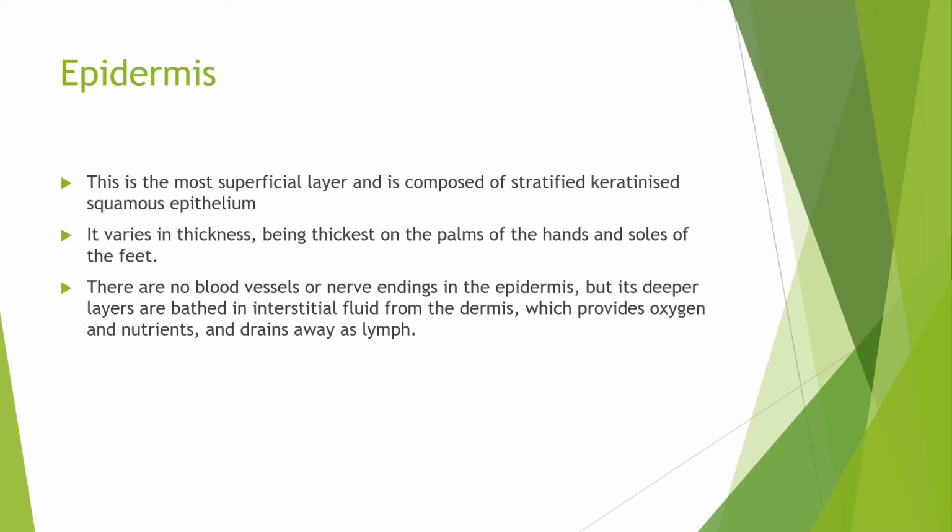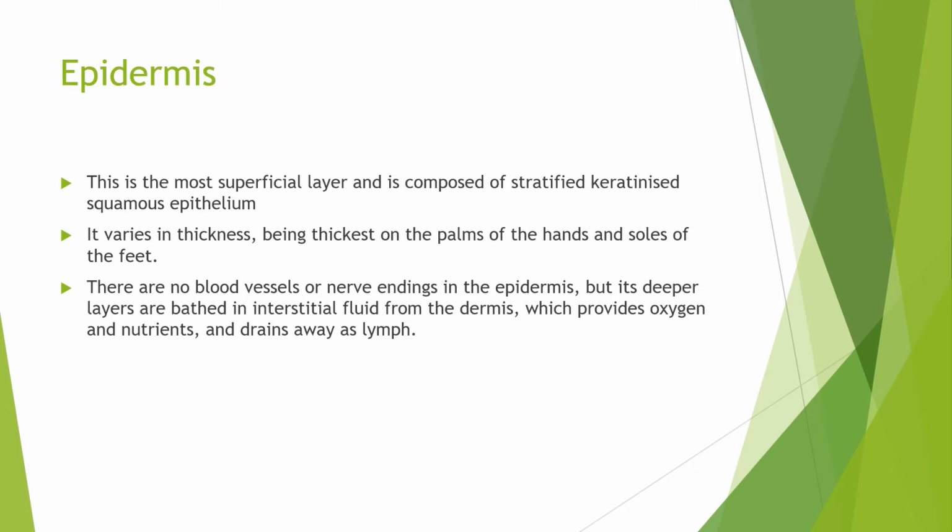Epidermis is the most superficial layer and is composed of stratified keratinized squamous epithelium. You need to understand the types of cells and tissues, because now we are talking of the stratified. Stratified means different layers. There are so many layers, a layer on top of another layer, and that gives the definition called stratified. So the superficial layer is composed of this stratified keratinized squamous